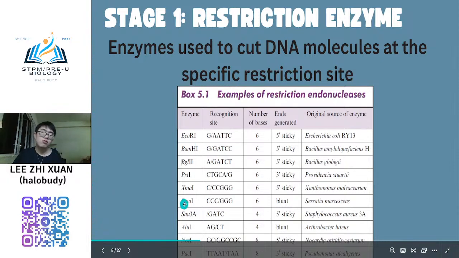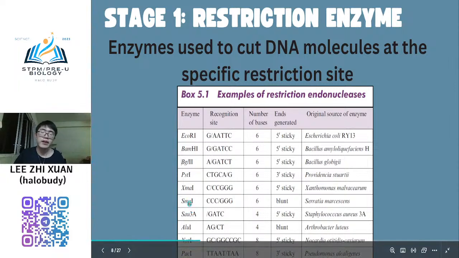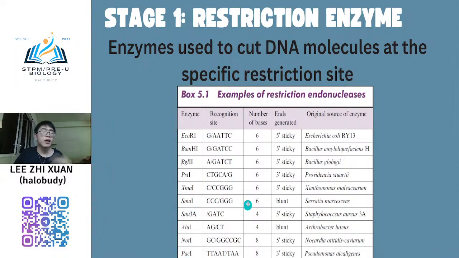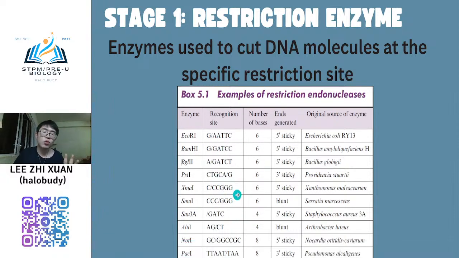So, these 2 enzymes, EcoRI only will cut the site. When it recognizes, dia akan pergi cari. Oh, dia cari GAATTC. Okay, ada, potong terus. Okay, SmaI, dia akan cari DNA. Oh, ada CCCGGG, akan potong terus. Dia akan potong kalau dia nampak sequence ni. Kalau lain, except these 2 enzymes will not take action at all. Dia tak akan buat any action. So, this is the restriction enzyme punya function lah.